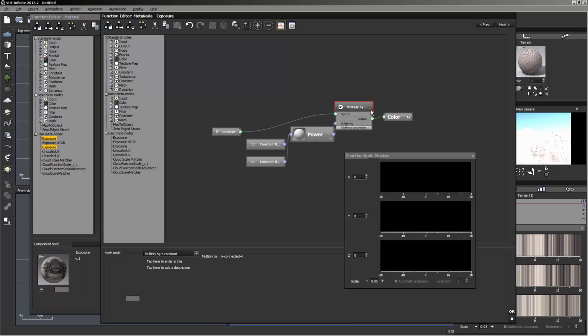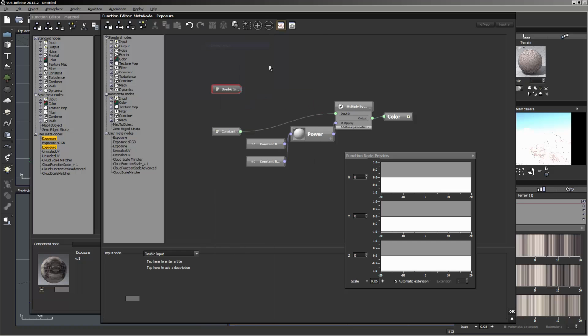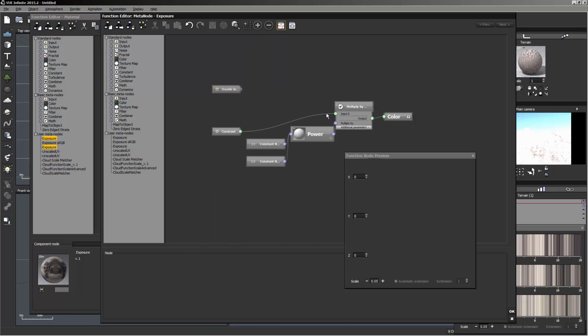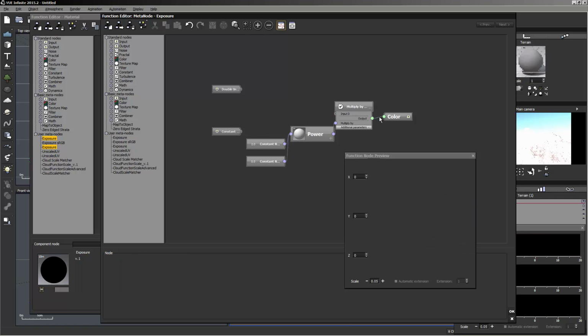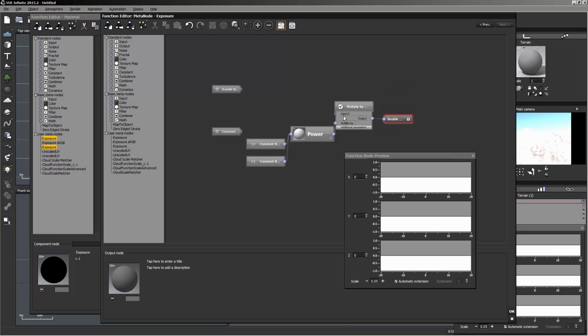And then instead of using a color, we can change that to numeric. So we could add an input, a double input, which is going to be numeric, and then change our output to a double output, delete the color, connect those,